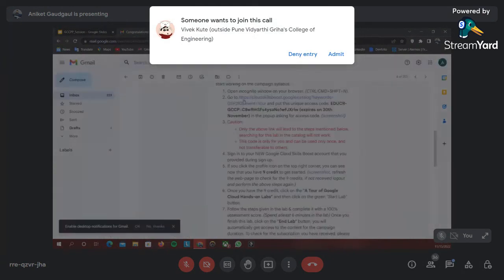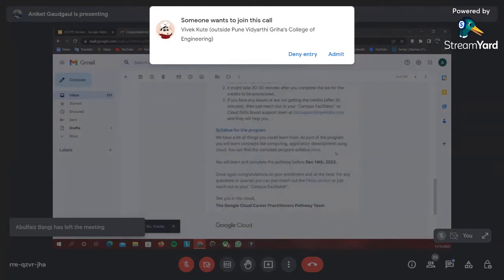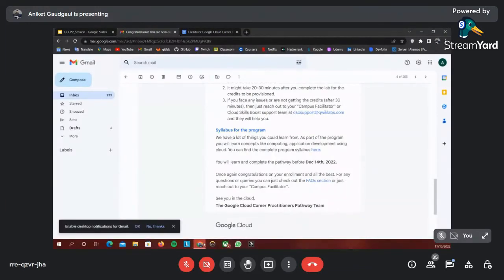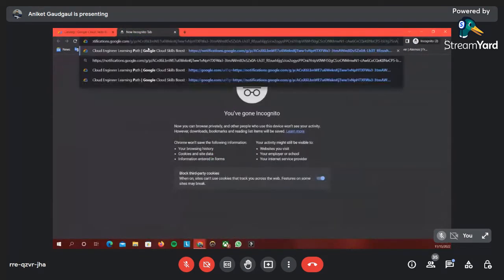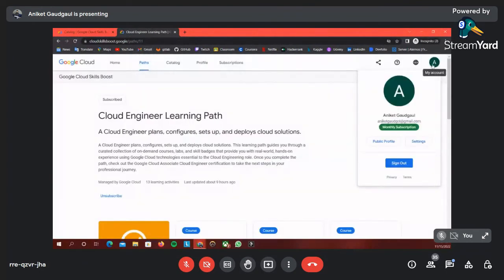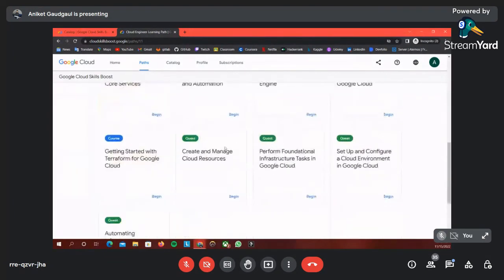So inside the email, you can scroll down a bit, and you can access the syllabus from here. So basically, just copy this link address and paste it inside your incognito window. And you might have signed out, so you can sign in again. It's not an issue. And then you can see all these courses and quests that you need to